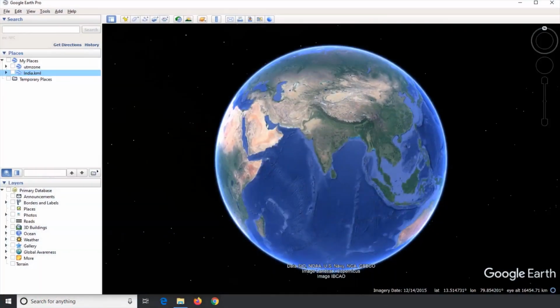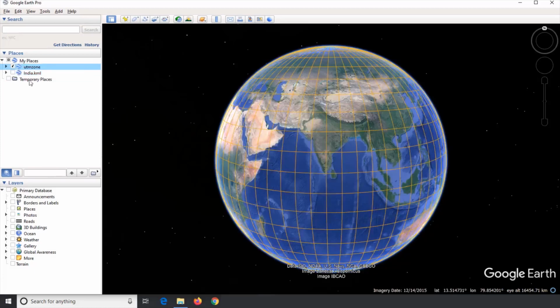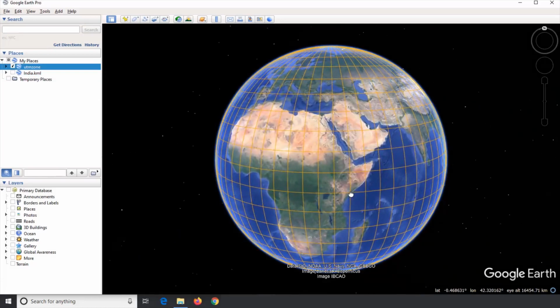To understand the coordinate system more clearly, I open Google Earth. The Earth model we see here is developed based on the WGS84 coordinate system. The latitude and longitude values we see here show the location information on the spherical Earth. When this spherical model is projected using any projection, we get projected coordinate system data. As I said earlier, among the projected coordinate systems, UTM is commonly used. I open the UTM zones grid on Google Earth for our better understanding.